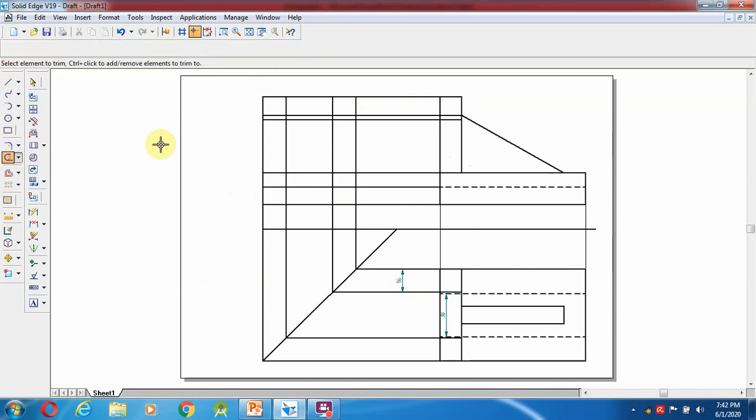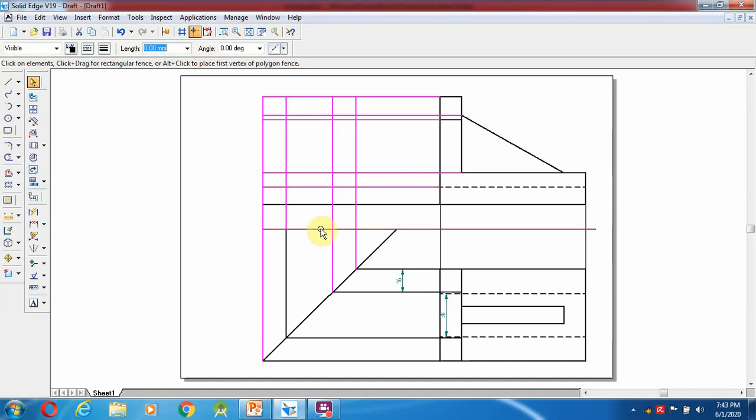After trimming these lines, whatever we have drawn, first we have to convert into a 0.13 mm line. Go over here, select all those things, 0.13 mm line.